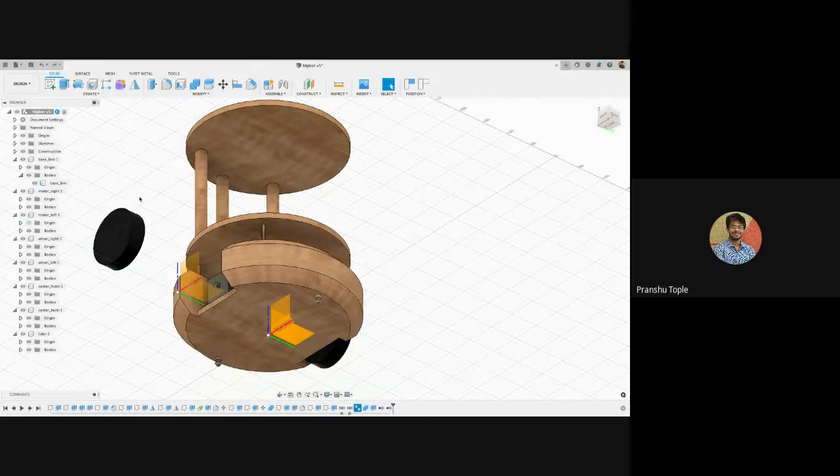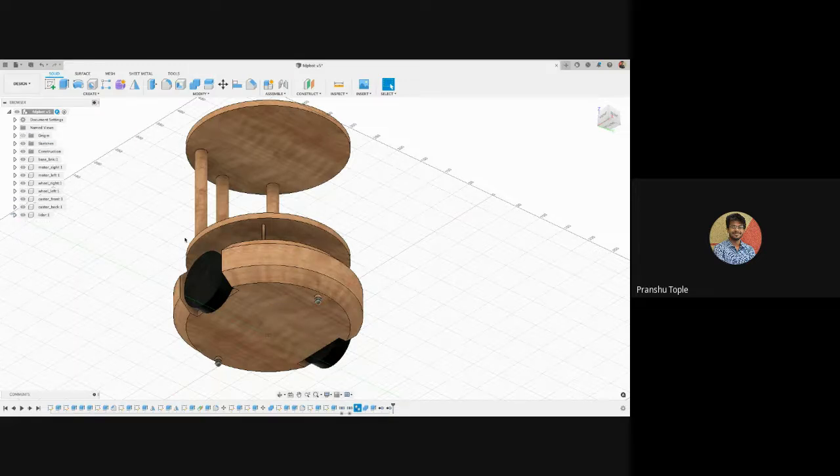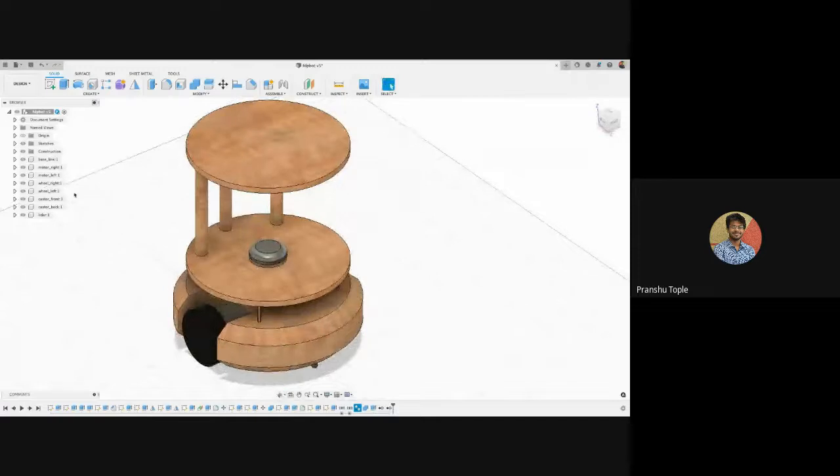All the origins should be at the same place because the origin is the center of the world. So every center should be at the same place. Just make sure of that. I will just hide all the origins. Just confirm this once before moving ahead. If every origin is in the same place, then you can move ahead.